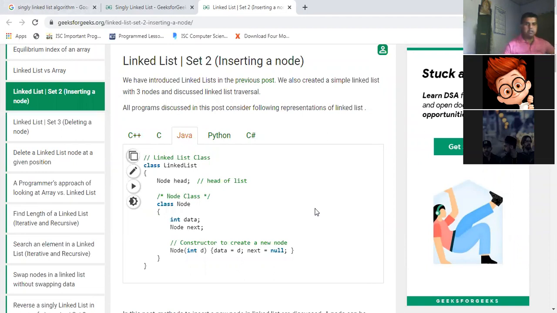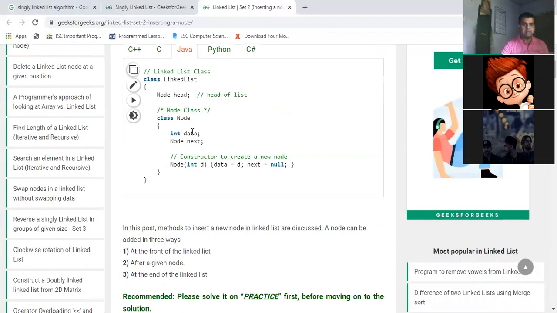Now this particular thing represents a class which has been created as a linked list. It is considered that the node which is created is actually the head of the list. This particular code segment indicates that this is the head node of the linked list. Then you have the next part.